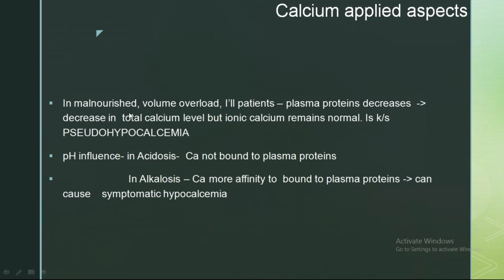When plasma protein decreases, there will be a decrease in total calcium level, but the ionic calcium level remains the same. So ionic calcium level needs to be verified in cases of hypocalcemia to confirm the diagnosis. This is known as pseudohypocalcemia. So you need to verify the albumin level, the plasma protein level, along with the calcium levels. Both you should check simultaneously, otherwise there are more chances of pseudohypocalcemia. It is also related to